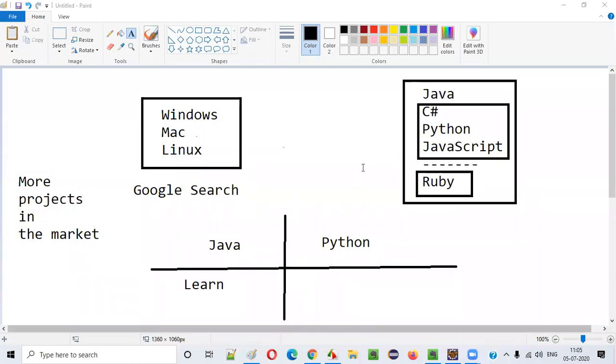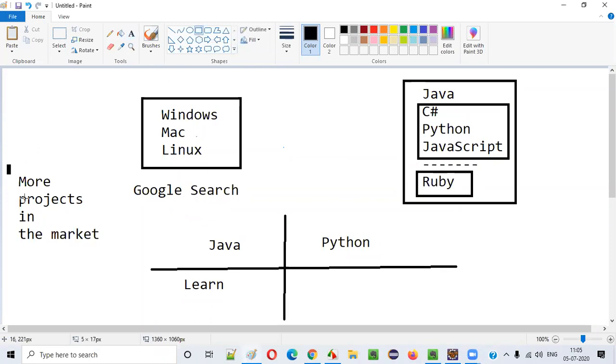So a lot of people use Java as their Selenium automation language, and also most of the people provide the solutions, maybe on Quora, Stack Overflow or other places. If you look, you will get more answers related to Java only when compared to Python. Okay, and one more thing.